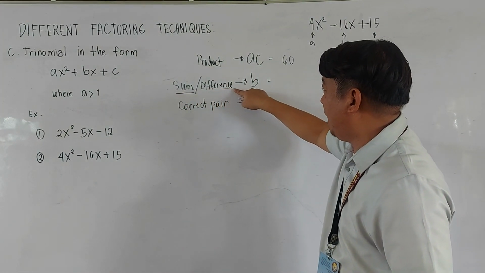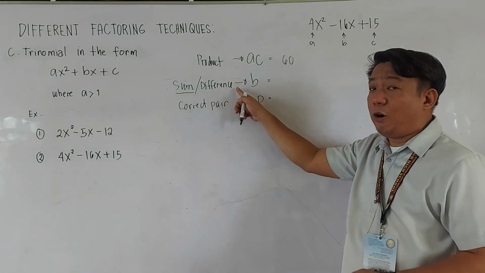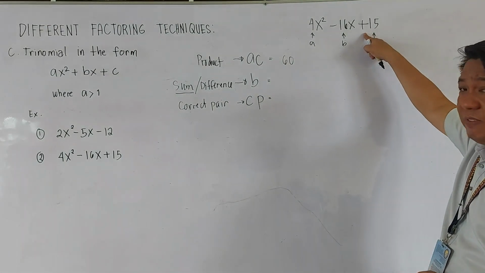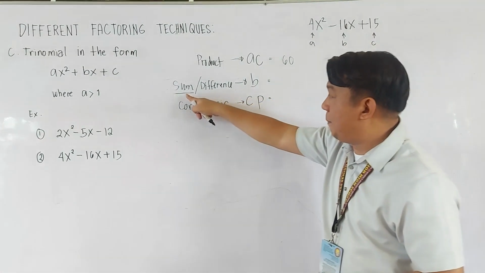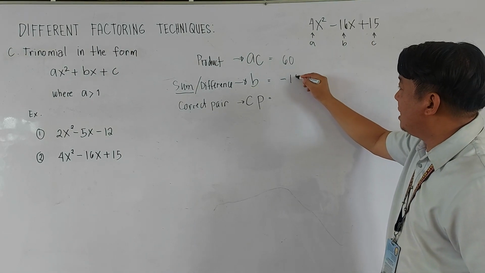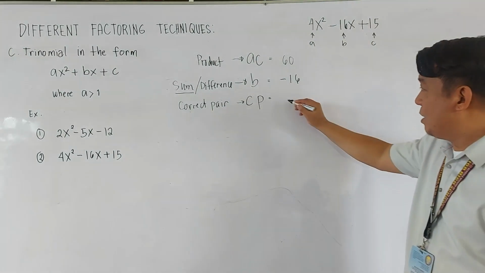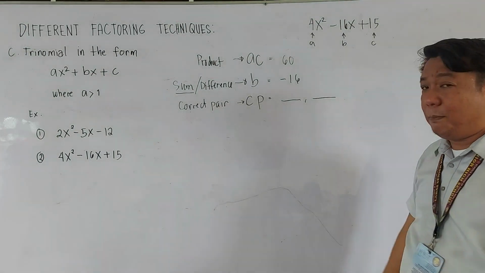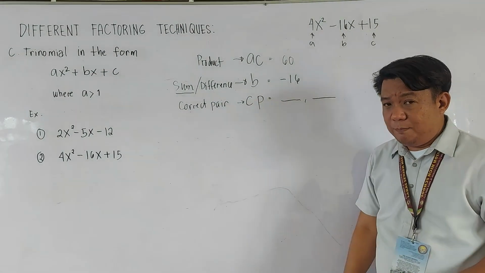Sum siya, hindi siya difference. Again, difference lang siya or minus lang siya pag ang sign ng last term ay negative. Pero dahil positive ang sign ng last term, ang B natin ay sum. So, ano nga ba yung B natin? That's negative 16. Okay. So now, our challenge here is to take the two numbers, our correct pair, two numbers